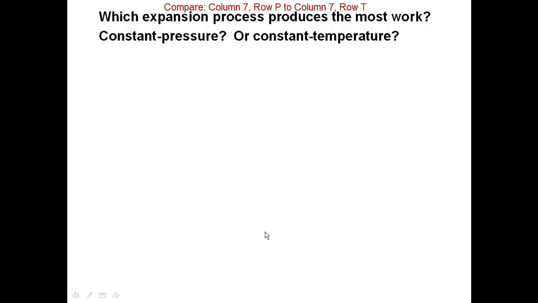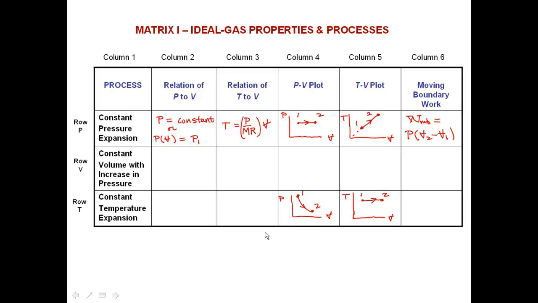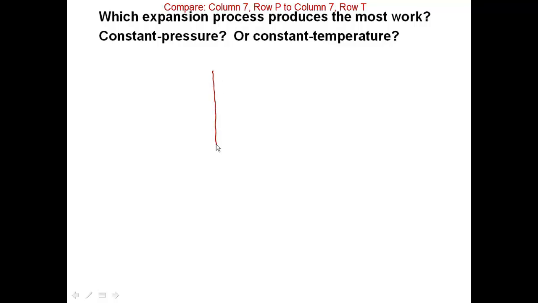Let's now compare the constant pressure and the constant temperature process and ask which produces the same amount of work starting at the same initial volume. You've already drawn the PV plots for these 2 cases. So let's replot these where we start them both on the same set of coordinates. So here we have pressure and volume. Here's our initial state, our initial volume, final volume over here, constant pressure, horizontal line over to the